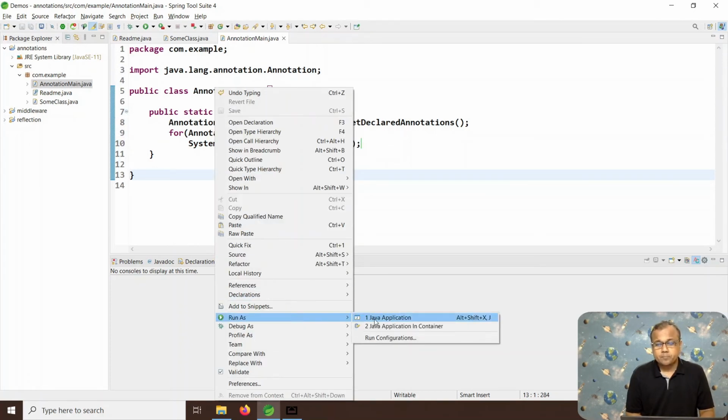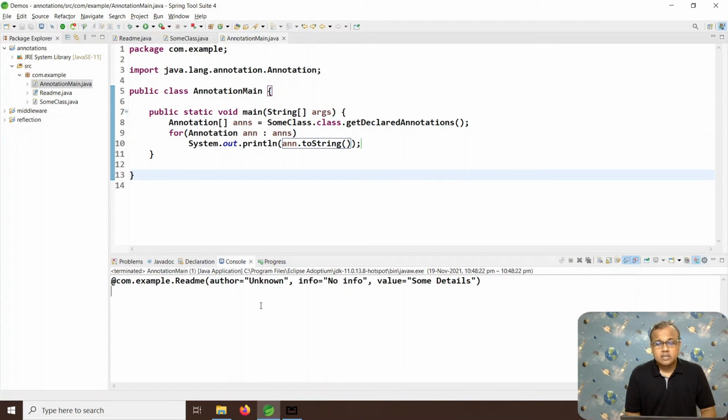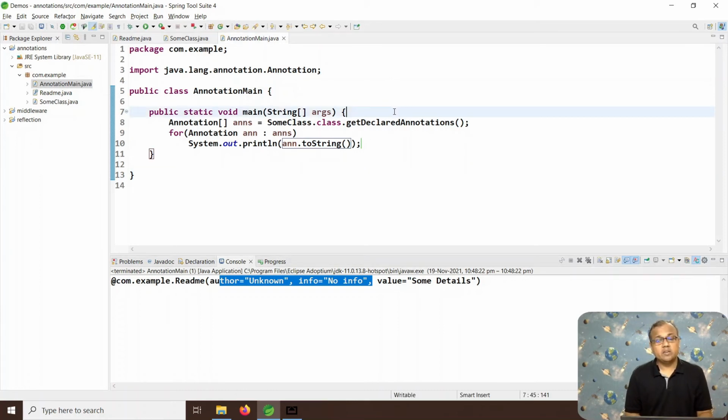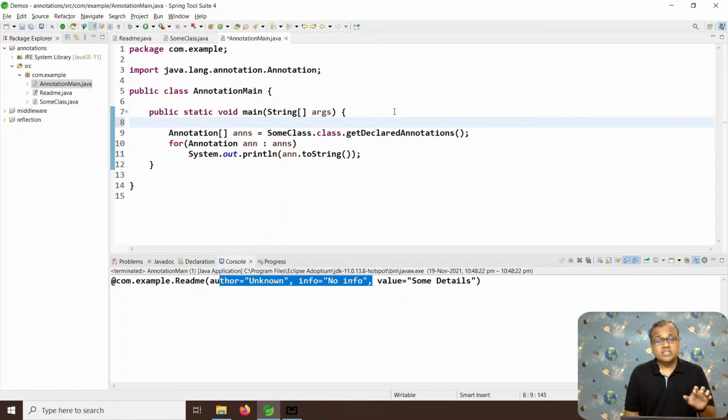While executing the program, you must have seen that there is only the Readme annotation available, and the value has the value given by us, while the other two members, since we have not given them, have taken their default values. We can continue further, and instead of just using the general toString method, we can access the individual members if we typecast it to our Readme type.